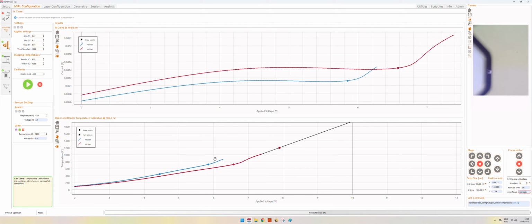So yeah, this curve is quite important. It can give you very immediate feedback if the cantilever is in good status or not, and if you placed it well inside the NanoFrazor, as well as important information regarding the voltage that you need to apply to reach a certain temperature in the heater of the chip or the heater for the reader sensor.